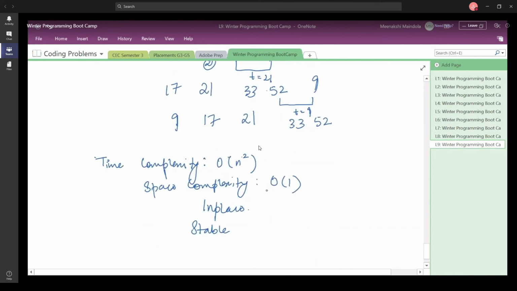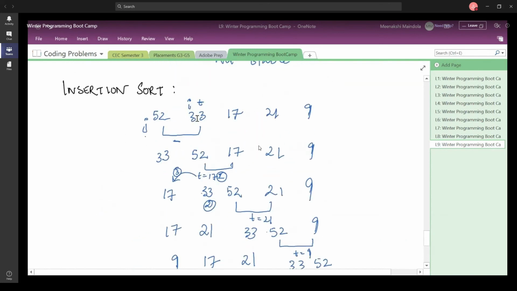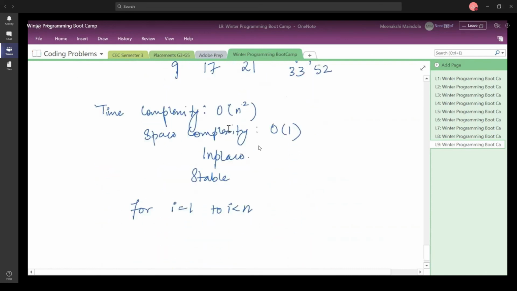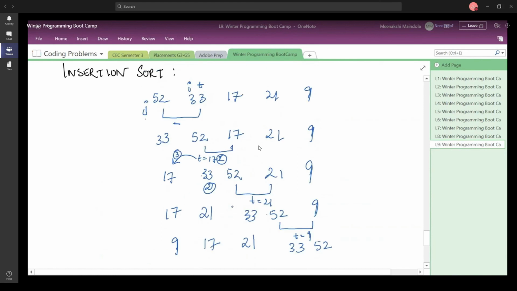So for that we start our loop for i is equal to 1 to i less than n. Why are we starting i from 1? Because we have i from here, but for the other loop variable, we are starting j from this first value. So we have this as a for loop. We keep a temporary variable. In the temporary variable, we are going to store the value of a of i, right?